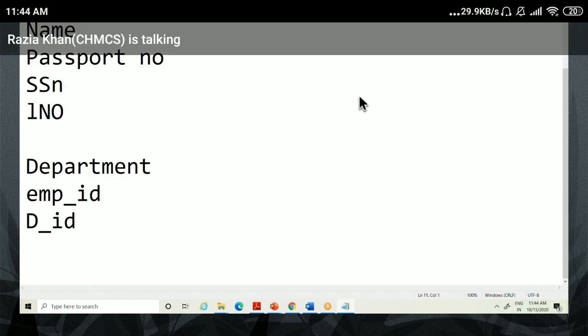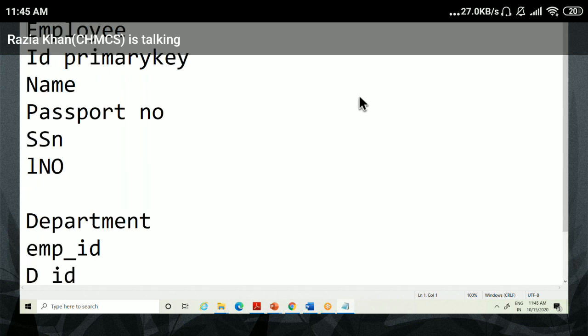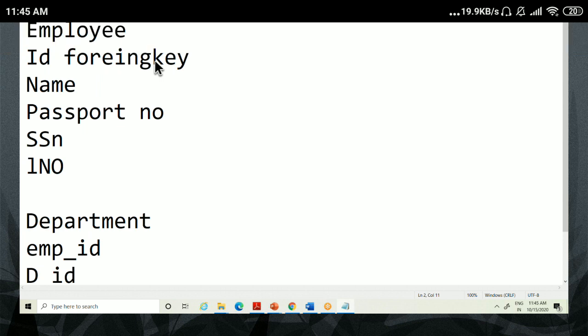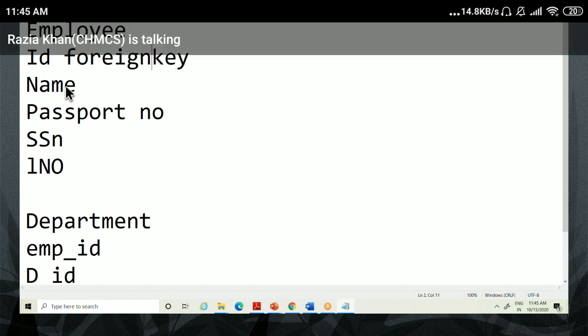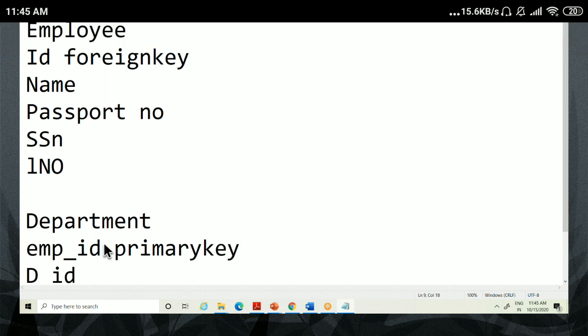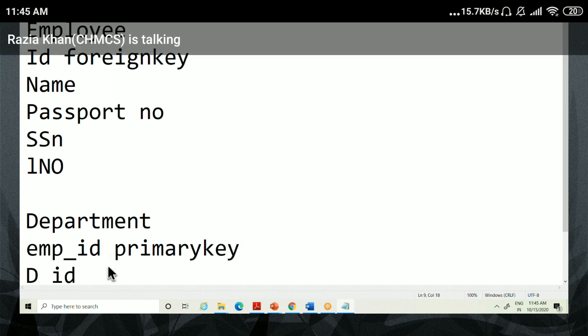Okay, so this ID column of your employee table, if you apply a foreign key on this table, so this ID refers to the primary key of the department table. For example, you apply a primary key on this column, EMP ID, in the department table.